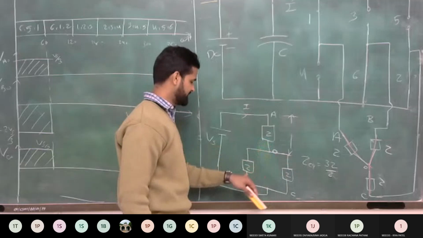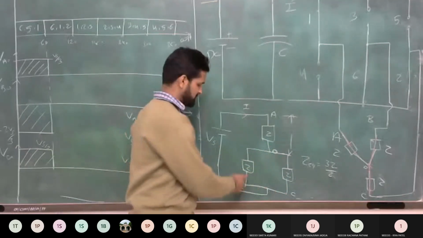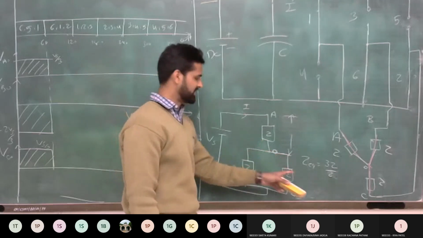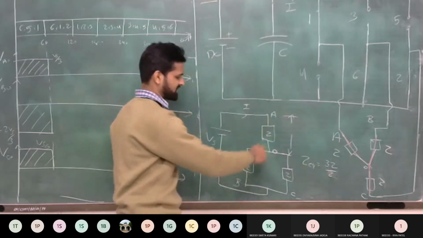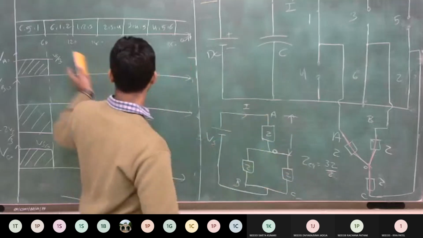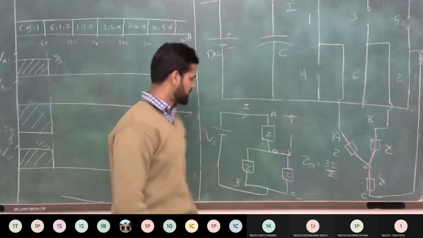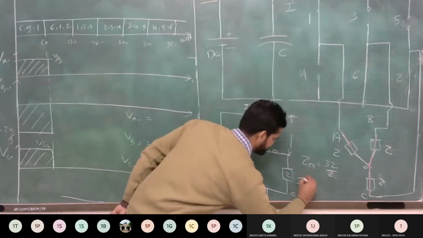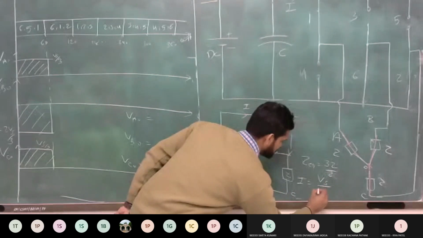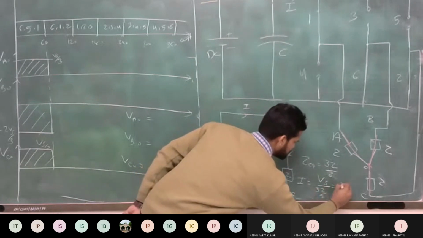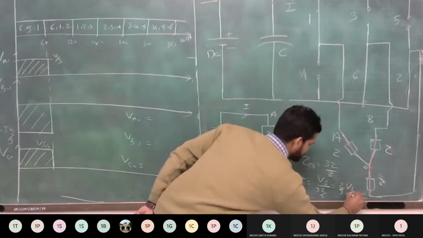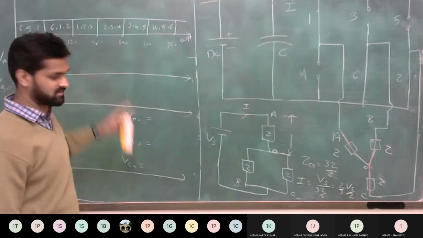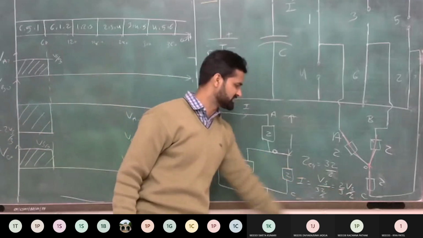This Z is connected in series with this parallel connected Z. Z parallel Z is Z by 2, plus Z. So it is 3 by 2 into Z. So the whole equivalent circuit impedance remains constant for any step, 3Z by 2. Now total current is I. Supply voltage is Vs. So I is equal to Vs divided by 3Z by 2. It means 2 by 3 Vs by Z. Same value as we derived in step number 1. Clear? Same value you get for the current, 2 by 3 Vs by Z.